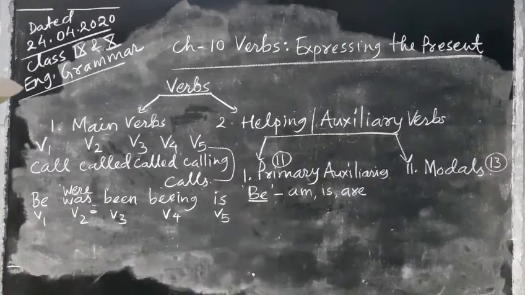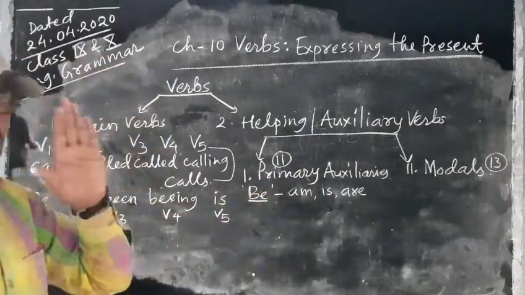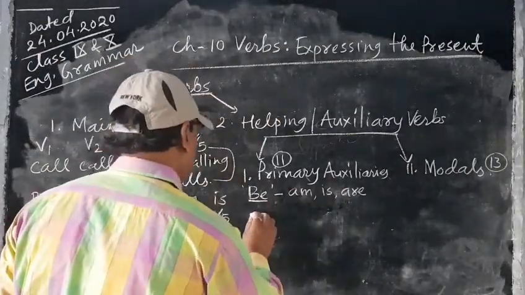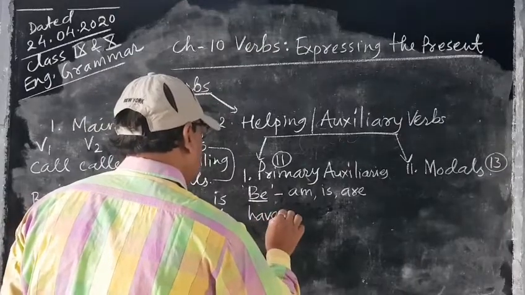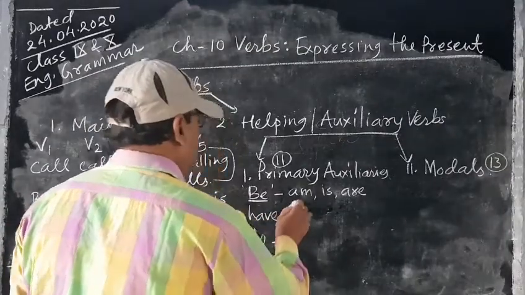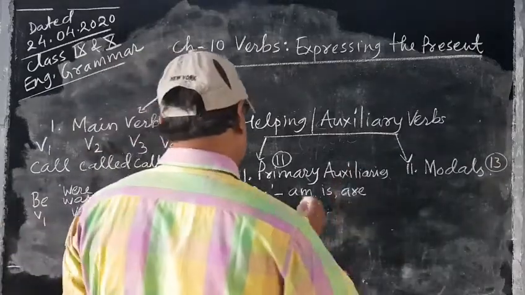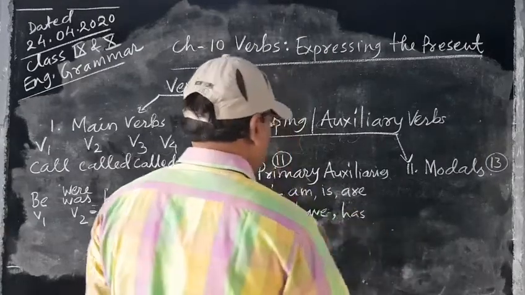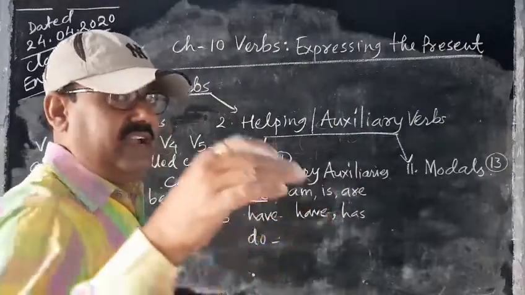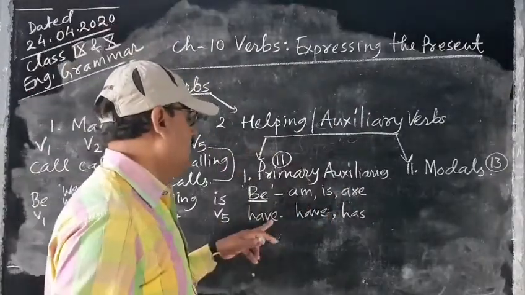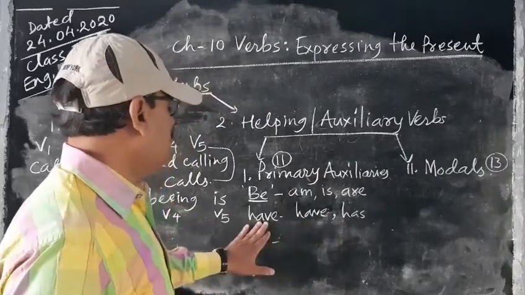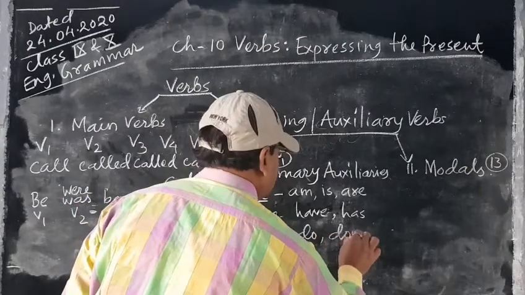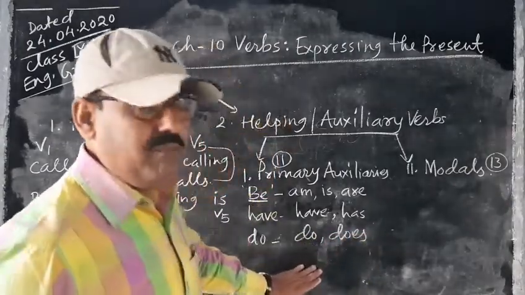Okay. So primary auxiliaries. Three primary auxiliaries are there: be, verb to be, verb to have, verb to do. The have has forms also: have, has in present, we are taking only present, and had will be the past form of have. Have and has is verb to have. Verb to do has do and does in the present, and did in the past form.